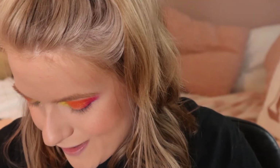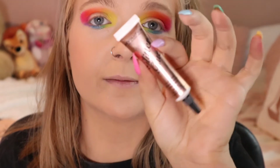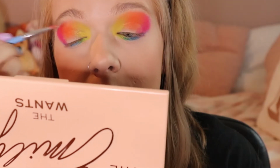Now here is the fun part. I did not tell you there was gonna be a fun part, but there's a fun part. Now this is why I'm not too concerned about the inner corner with the yellow looking like absolute garbage. Okay, so I am going to be taking some of my Makeup Revolution glitter glue and putting that in the inner corners. So squeeze some of that out and put it on a tiny little brush like this. And we are going to be putting that